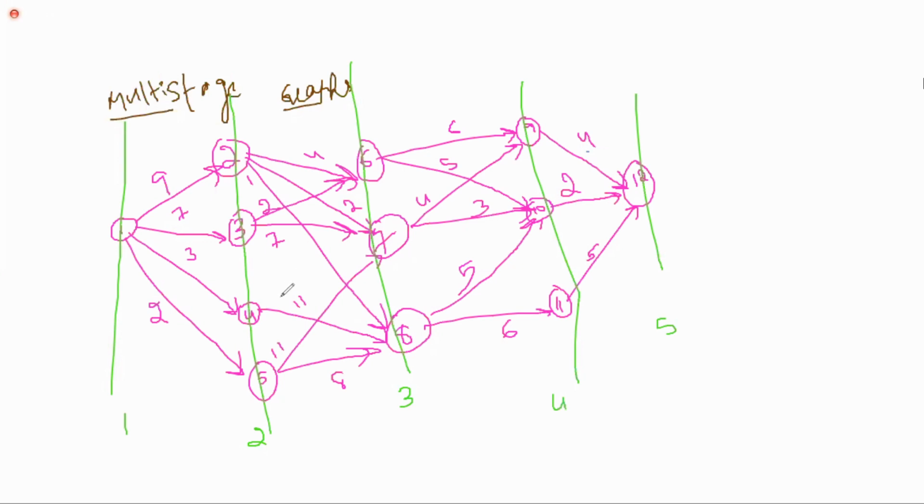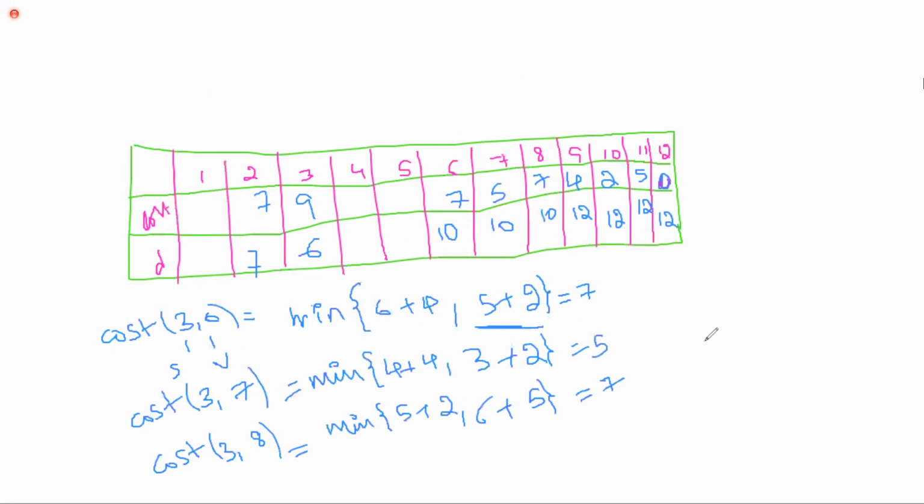Next, if you observe here, the second stage fourth vertex has only one outgoing edge, that is 11 plus cost of 8. What is cost of 8? 7. So I can directly get 18 via the vertex 8 only. Why have I updated directly? Because there is no need to find the minimum. We have only one outgoing edge. When we have more than one, we have to find out who gives the minimum cost. But here we have only one edge.